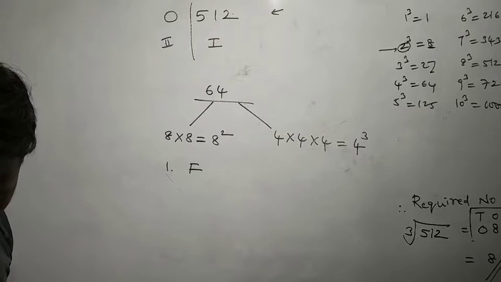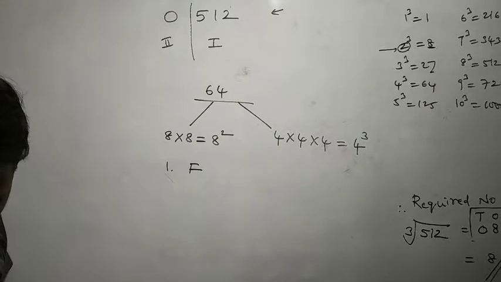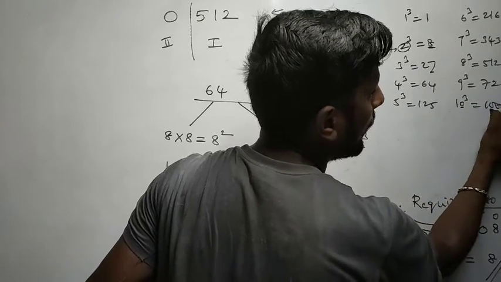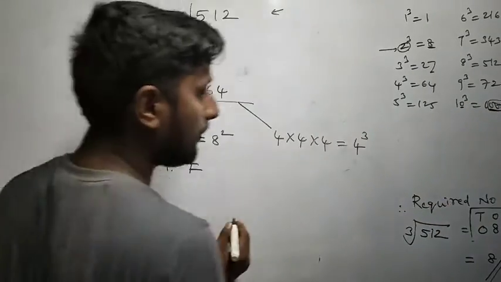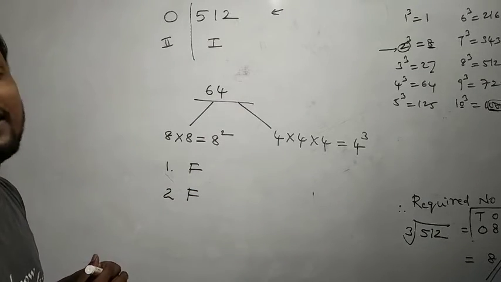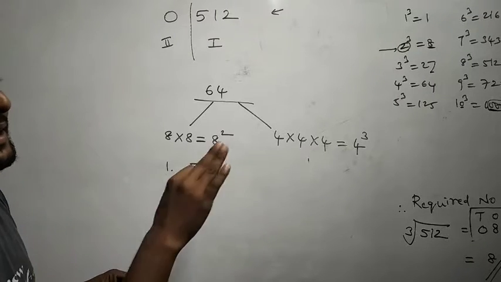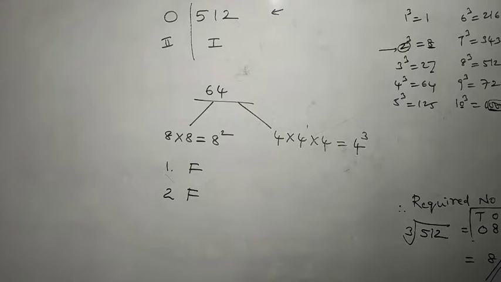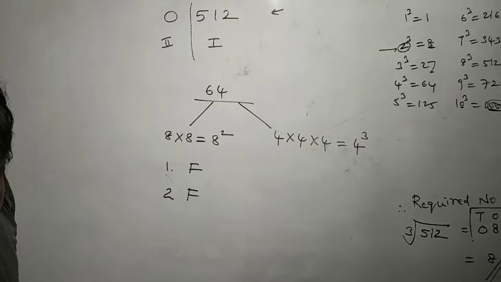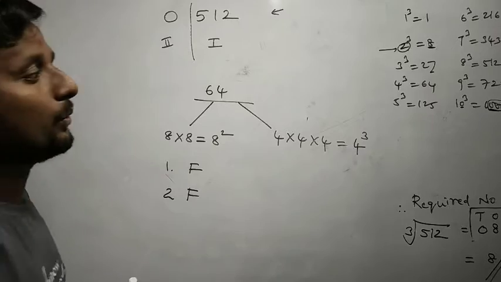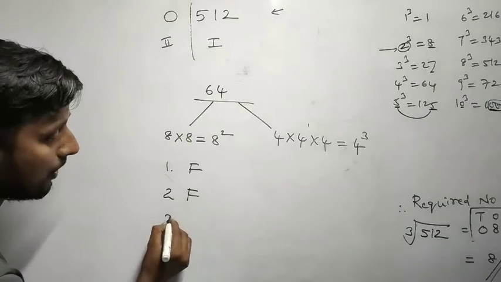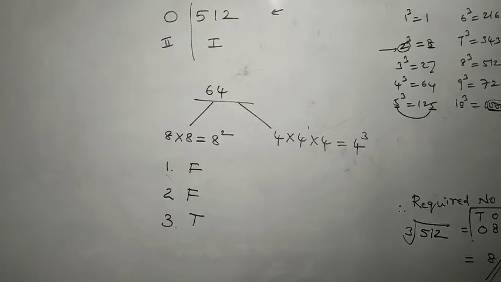Second one, a perfect cube may end with 2 zeros. Look at here. Here we have 10 with a cube, and we have at least 3 zeros. Correct? So the second statement is also false. A perfect cube doesn't end with 2 zeros. It always ends with at least 3 zeros, minimum 3 zeros. Okay. Next, third statement. If a number ends with 5, then its cube ends with 5. Yeah, look at here. A number ends with 5, the cube also ends with 5. Third is true.